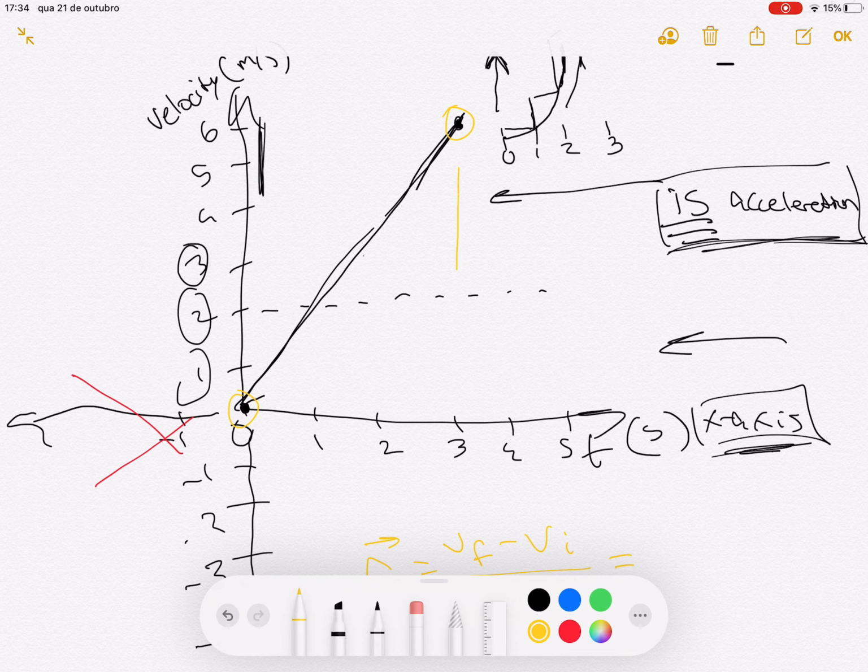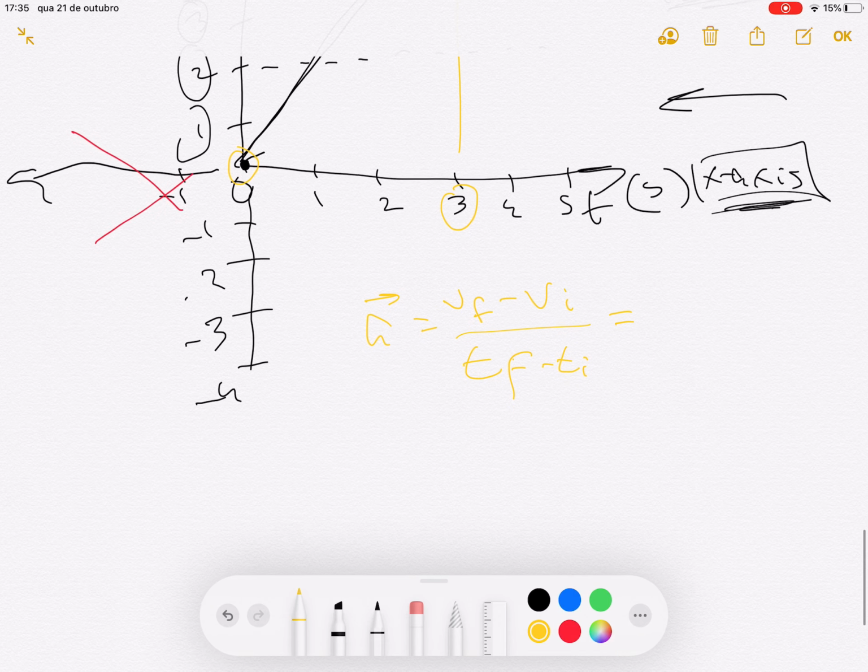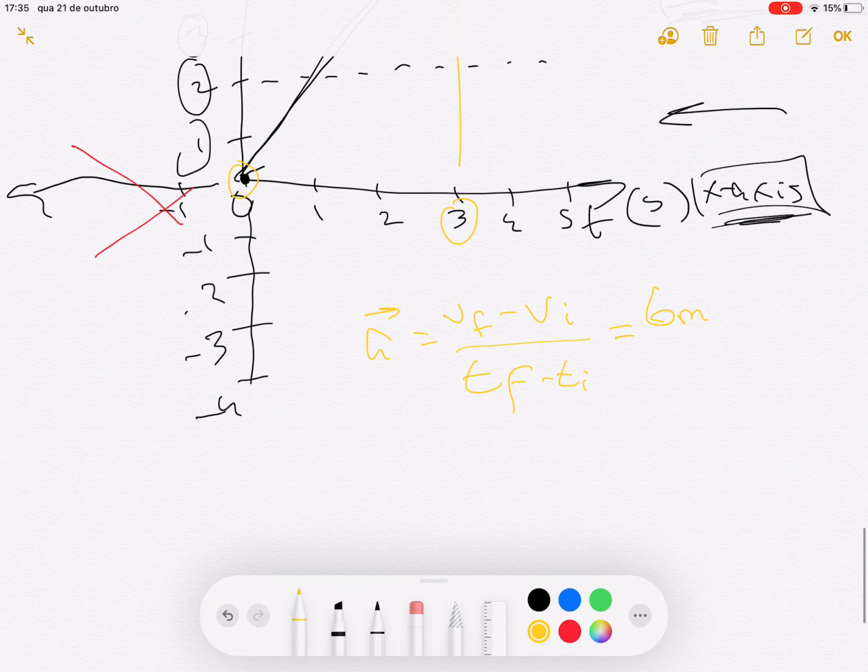So this lines up with 3 and with 6. So this is the final velocity. Let's say, imagine the graph ends over here. This would be the final velocity. And what is it? 6 meters per second. So we can write 6 meters per second minus